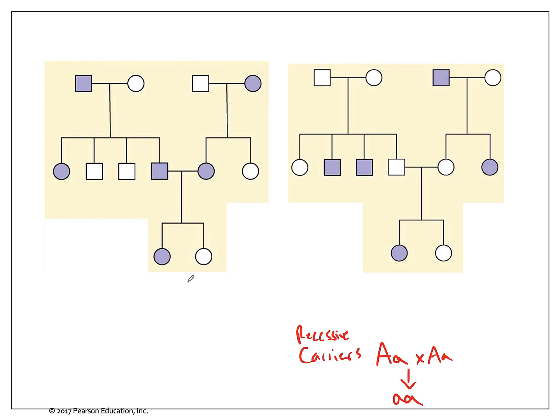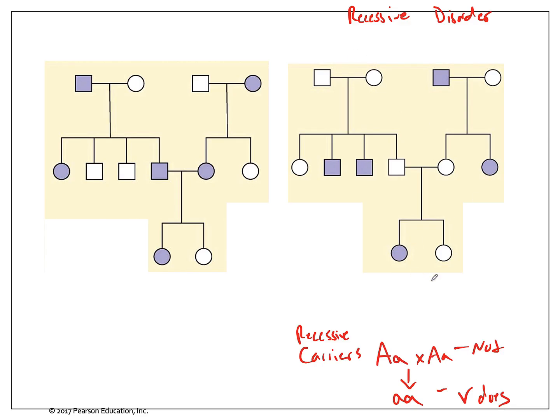So I don't see any carriers in here. A carrier would be somebody who does not have the trait, who passed it on to someone who does have the trait. Let's look over here. I see two people who do not have the trait, but they have two children who do have the trait. So these two individuals are going to be carriers. That tells me that this is a recessive disorder. Once you've identified that it's a recessive disorder, or I will just tell you in the test question,